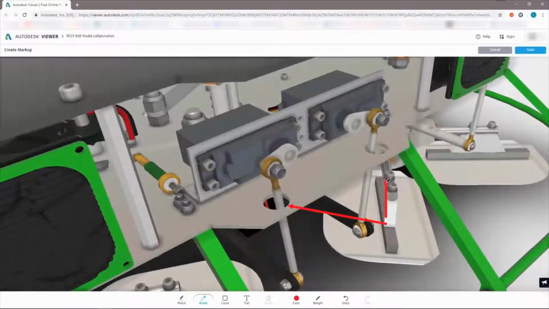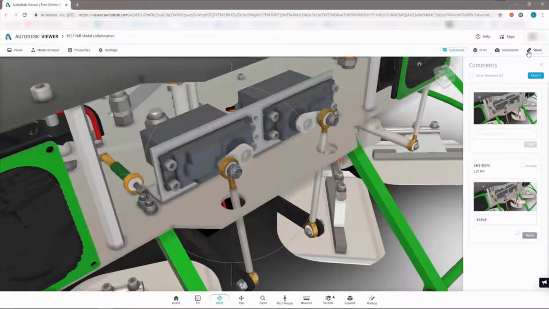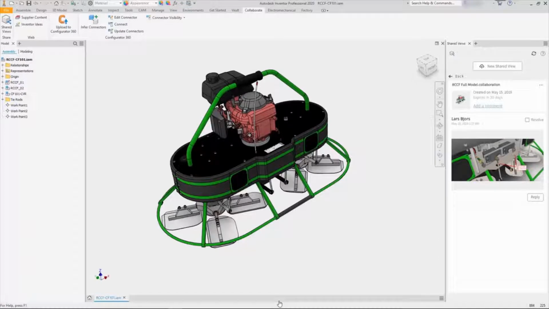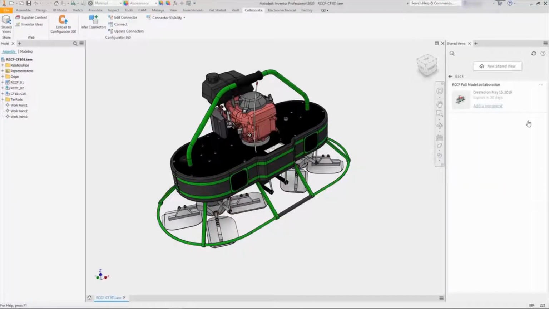So in this instance, the Inventor user shared their design with someone else, the reviewer is having a look at the model, and they found a problem in their web browser. They save that comment back to the viewer, and the Inventor user will actually see these updates directly inside of Inventor. So here we can see that there's a problem, and from here the Inventor user could either reply or